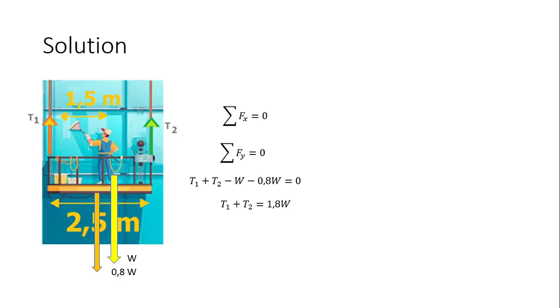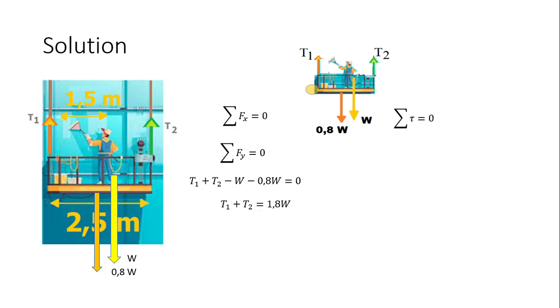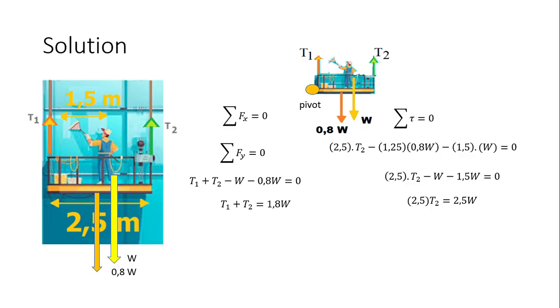And now we're using the torque. The torque has to be 0 also. We pick the easiest one, using the pivot in here is the easier one, so we got this equation. It's not too hard. Then the rope tension 2 will become equal to W. So the rope tension 1 is 0.8 W, and the comparison is the ratio 4 compared with 5.